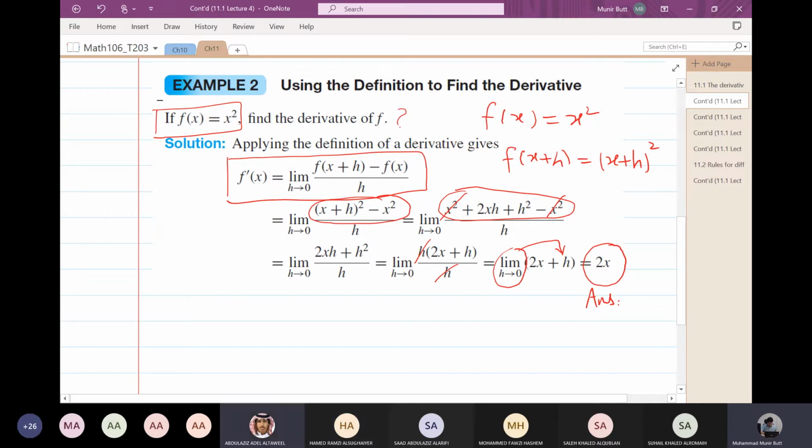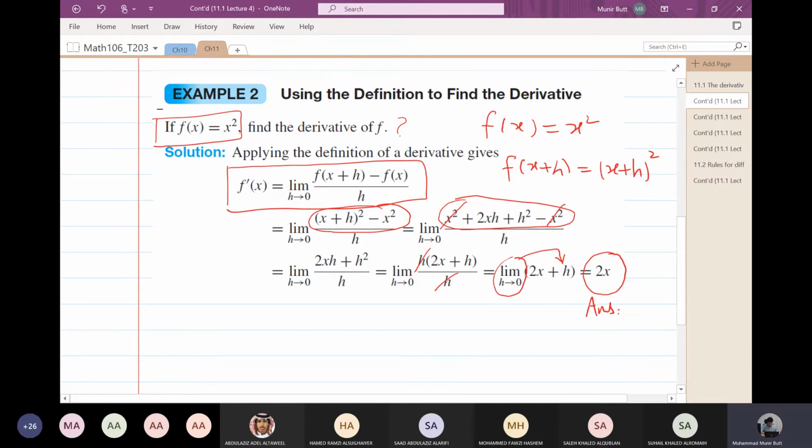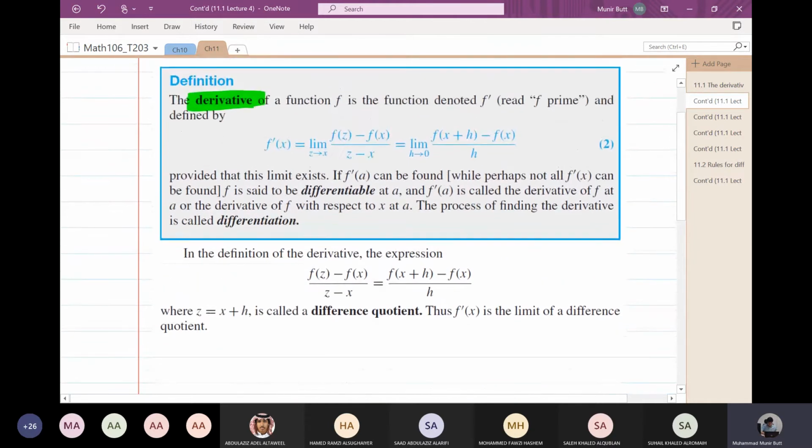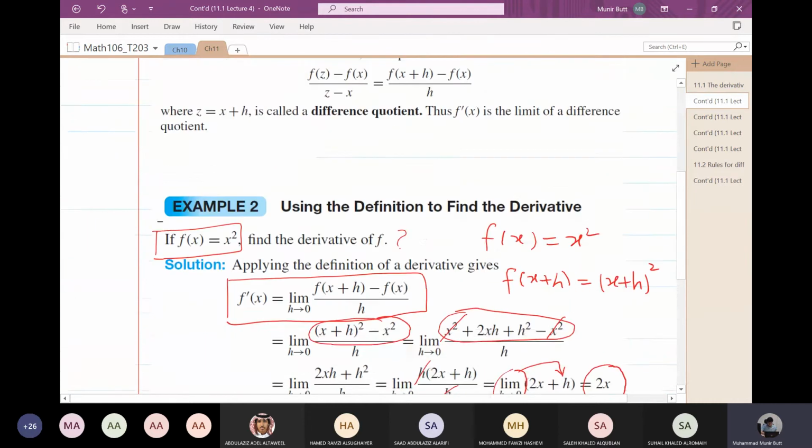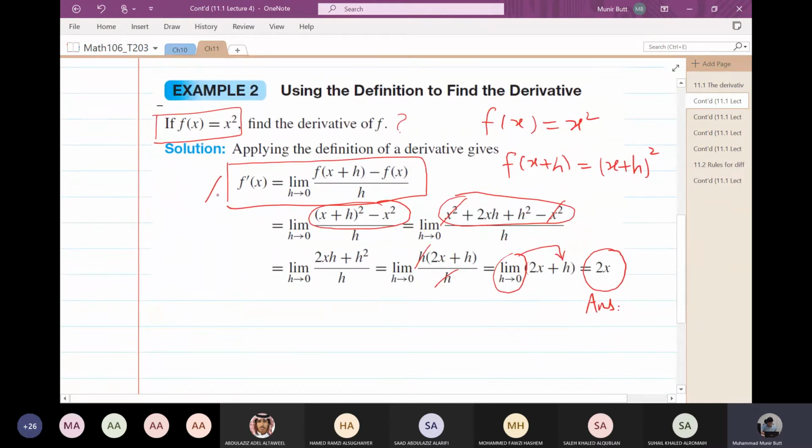Yes. Doctor, it would be easier to use the power rule to solve this question instead of using the limit. Yes, this is the next exercise. So in this exercise, we are using the definition. In the next exercise, you will see that there are properties of differentiation. So we are learning the concept of derivative or differentiation by definition. So this is the definition. Okay, then we have certain rules and properties that are coming in the next exercises,